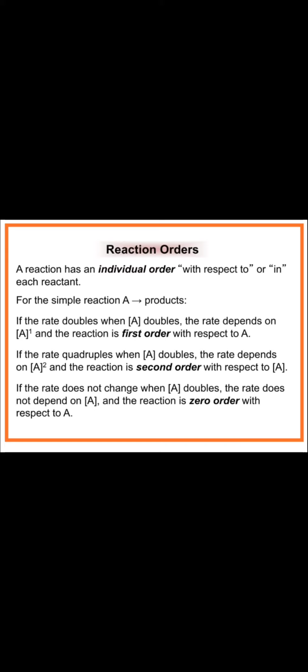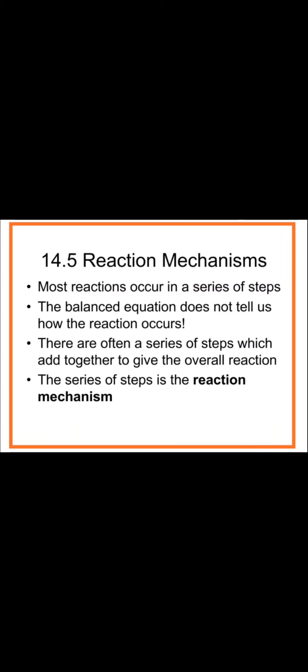Now if the concentration of A doubles and the rate becomes 4 times, then the reaction is second order, and the rate is equal to k times the concentration of A raised to 2, that is second order with respect to A. Now in a zero order reaction there is no change in the rate of the reaction on changing the concentration of A. That is, order is the specific term which expresses the effect of concentration changes of the reactant on the rate of the reaction.